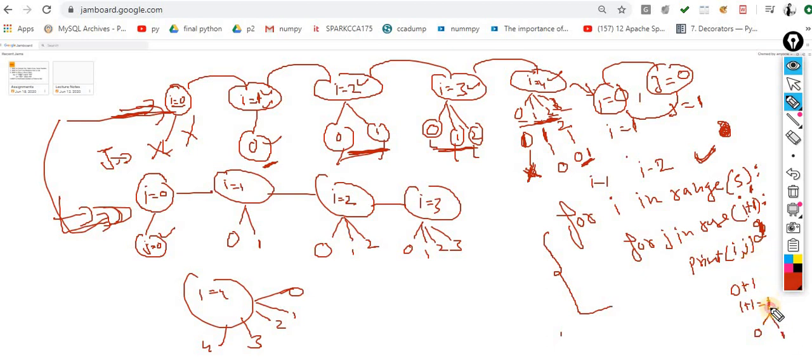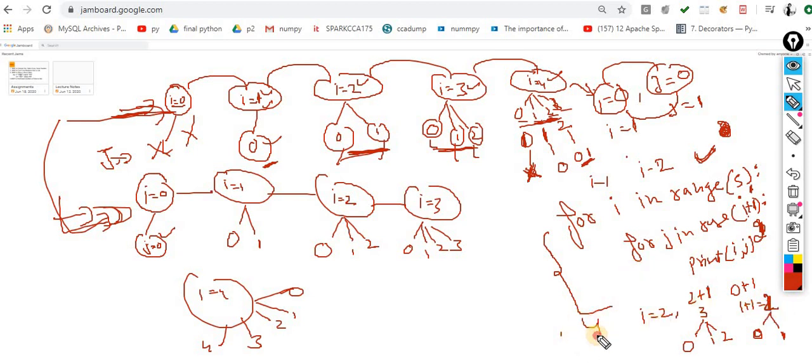When i value is 2, it becomes 2 plus 1, 3. So 3 means 0, 1 and 2.